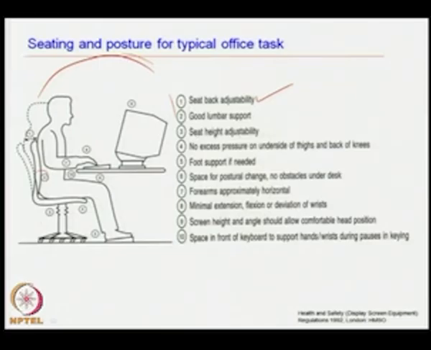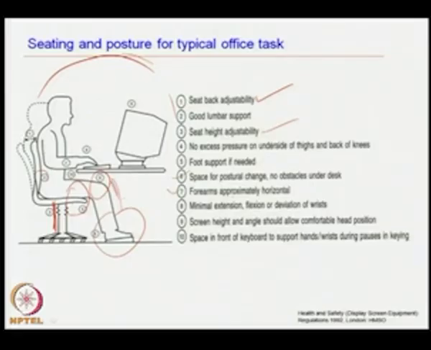Number 3, seat height adjustability, no excess pressure on the underside of the thigh and back of the knees. Number 4, foot support if it is required, then space for postural change, no obstacle under the desk, this free leg room,